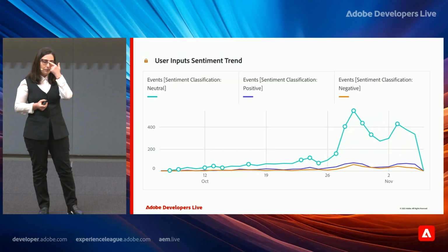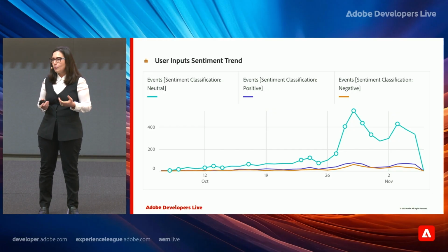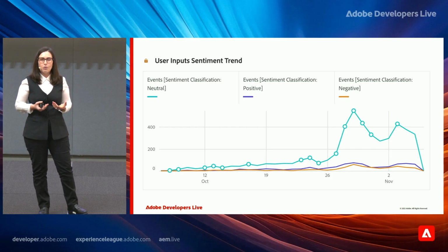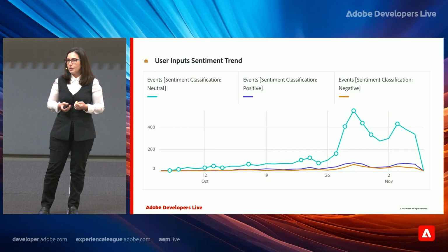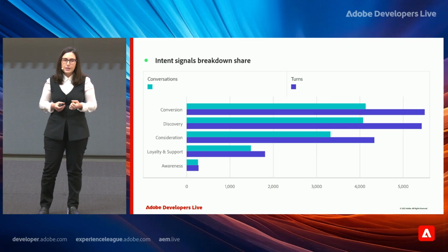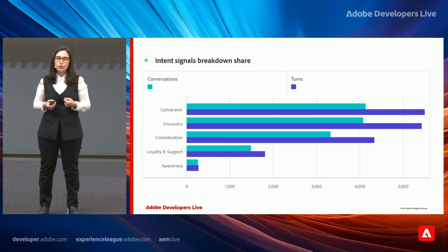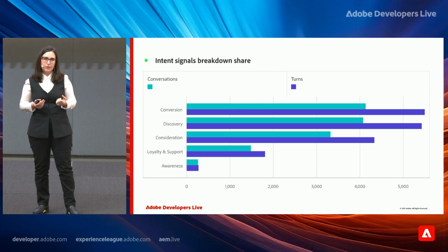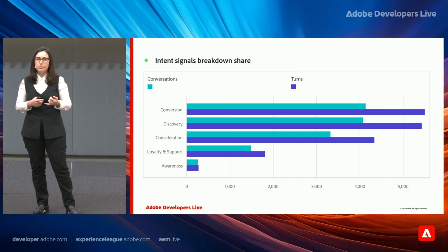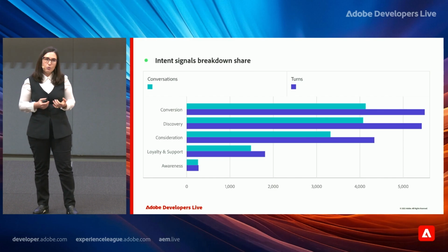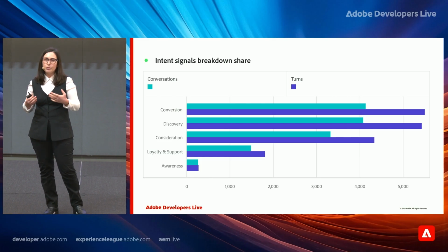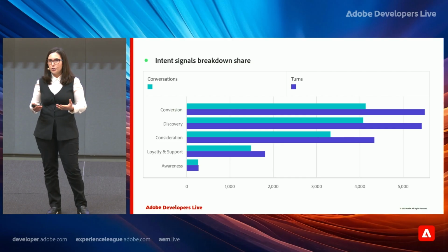However, a conversation provides more insights into what a user is trying to do. We can derive the sentiment and see how our communication with the user can be improved. Besides sentiment, we can detect user intent. While in the past, user intent could be loosely derived from user actions like page views and clicks, now we actually can see what the user is trying to accomplish. And we can provide a more useful and engaging experience.